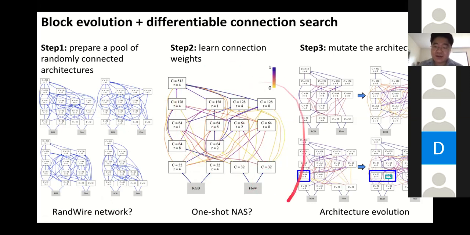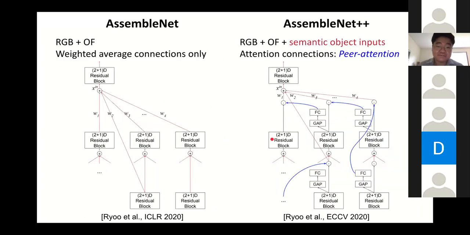So we obtain this, and then we prune unnecessary weights, and then like this. And then we try to mutate it. We sometimes try to add more connections. We sometimes try to split a convolutional node, I mean the ResNet node, and make it 2, and then repeat this evolution multiple times until we get better performing architecture.